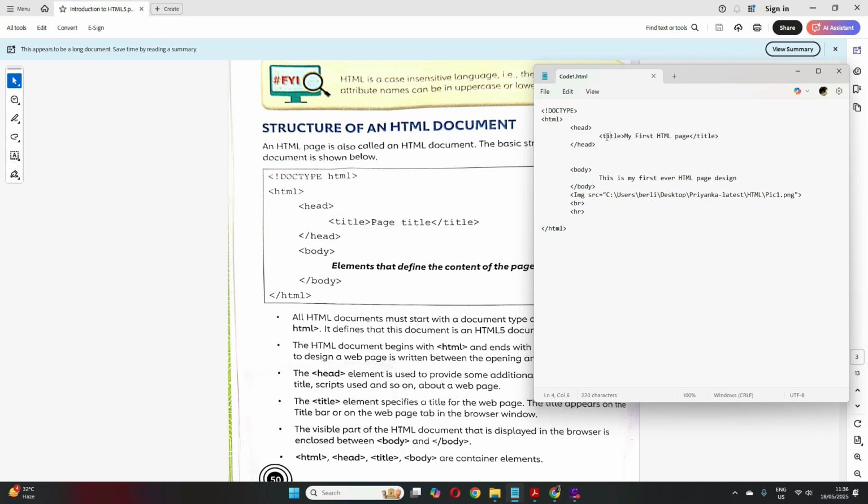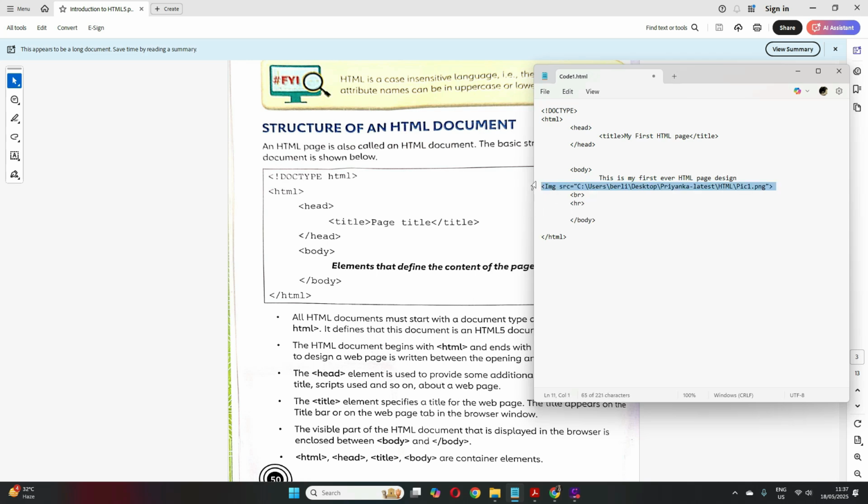Everything like that comes within the head tag. And in the body tag goes the visible part of your HTML document, whatever you want to display on your web page. Whatever you want to display comes inside the body.